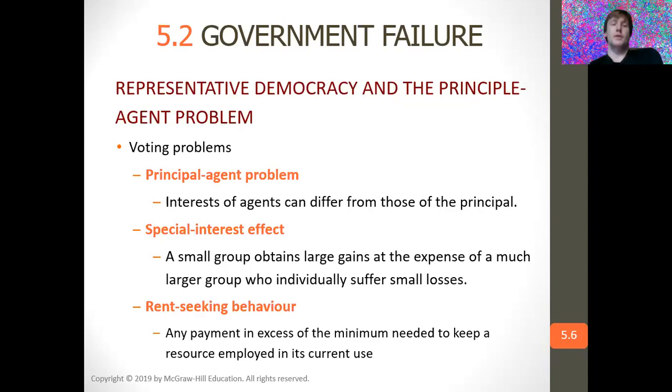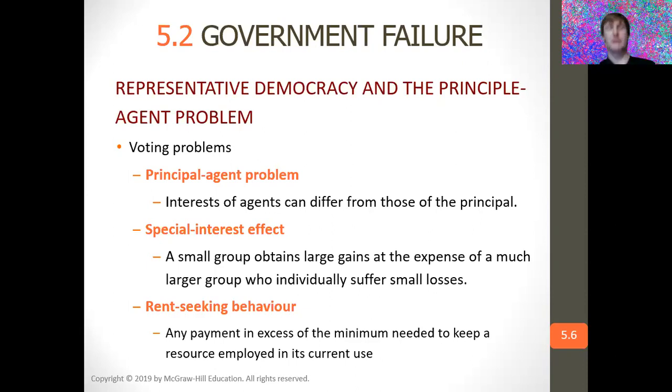And then voting problems, principal-agent problems. So the interests of agents can differ from those of the principals. The principal would be the voters, and the agent would be the government. So the interests of the government could be different than the voters'. And then a small group obtains large gains at the expense of a much larger group who individually suffer smaller losses. So the rich have large gains from the poor. The poor don't make a lot of money, but the rich kind of take from them in terms of